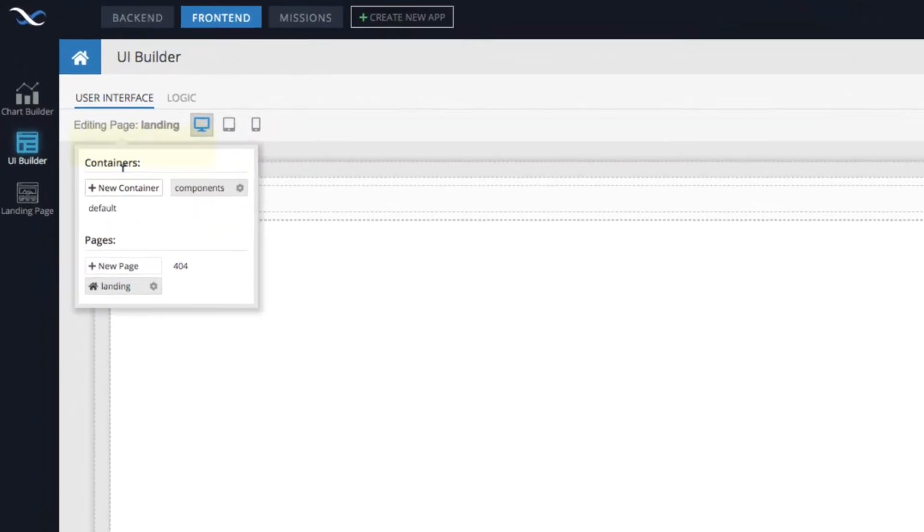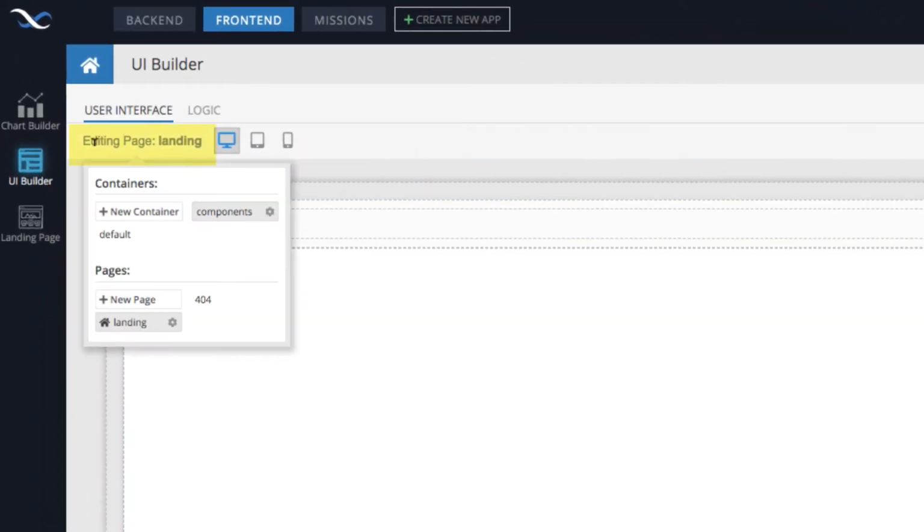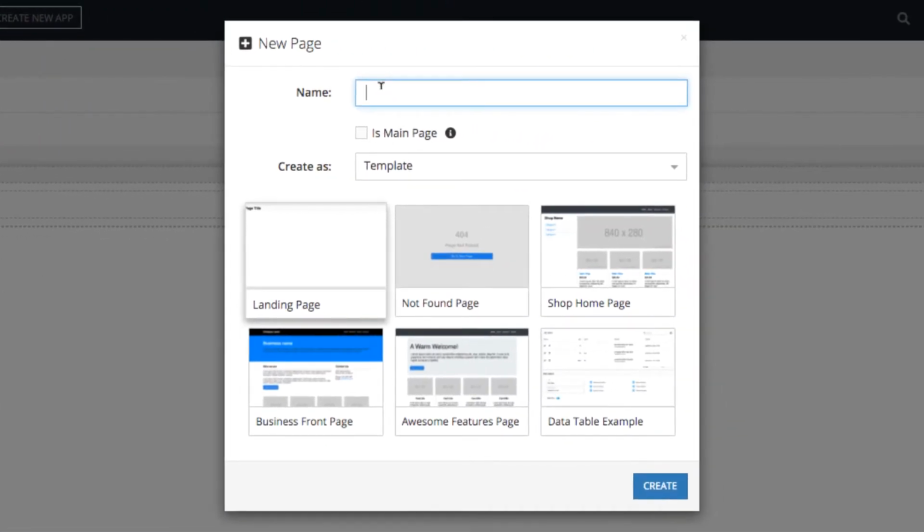In here, you move the mouse over this section where it says editing page and the name of the current page. This little pop-up appears, and in the pages section, click the new page button. This pop-up shows up, and in here, I will type in playground